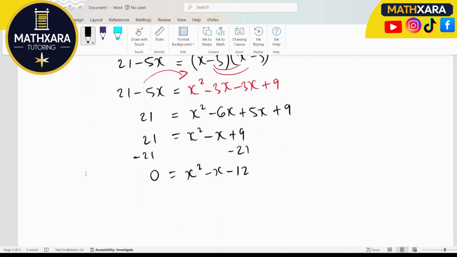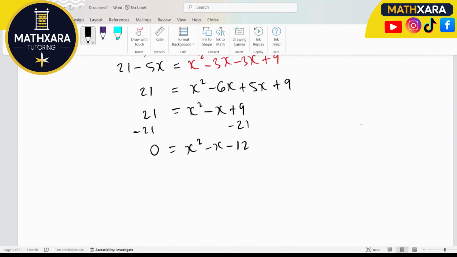Now we need to factor our quadratic. So we need two numbers that would multiply to negative 12, and we would add to a negative 1, since the coefficient of the b term is negative 1, negative 1x. So we need two factors that are just 1 unit apart. So those two factors of 12, or negative 12, would be 4 and 3. Now we need a negative 1, so our larger factor needs to be negative,